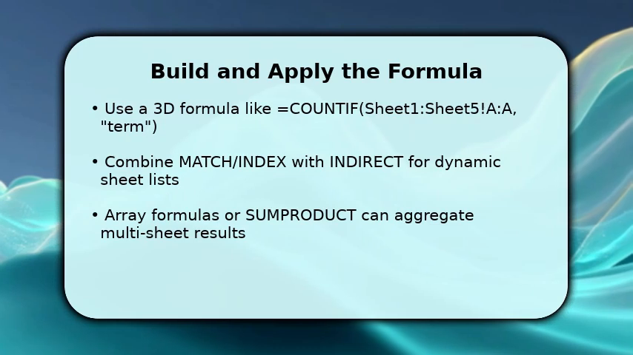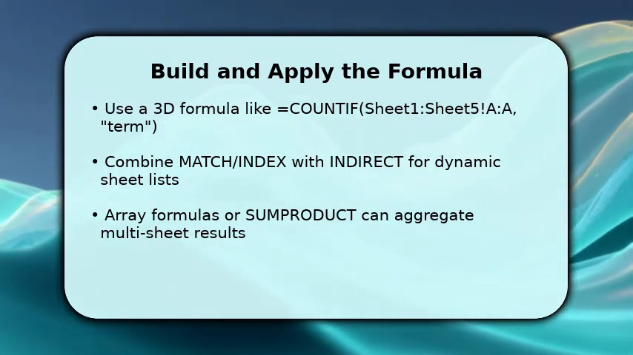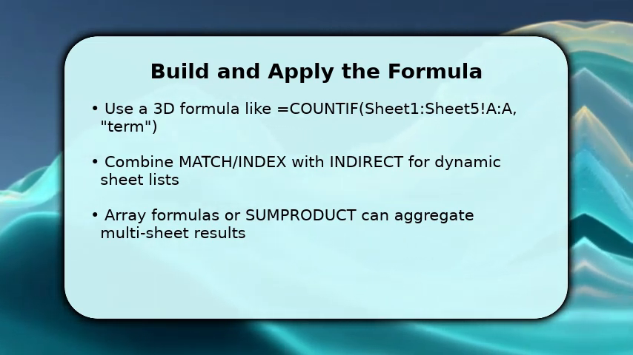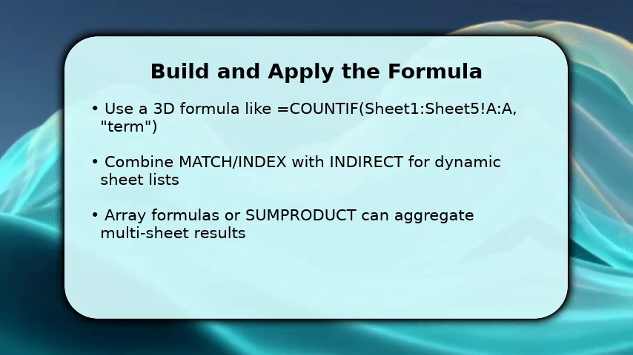Now you build the actual search. Start with a 3D COUNTIF when sheets are contiguous, equals COUNTIF, Sheet1 to Sheet5, A:A, term. If sheets aren't contiguous, make a list of sheet names and use INDIRECT with SUMPRODUCT or construct MATCH/INDEX